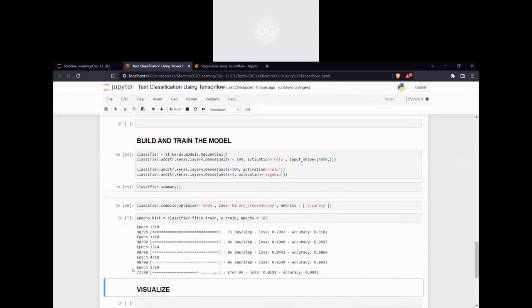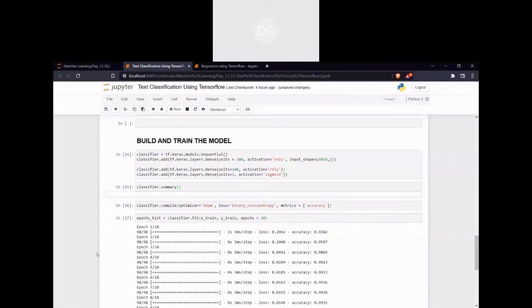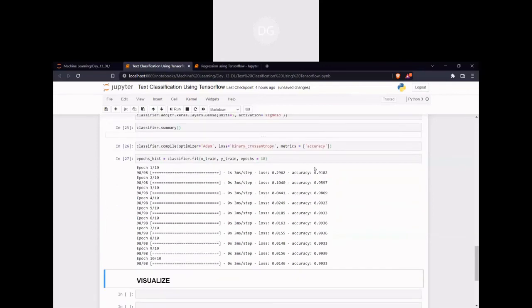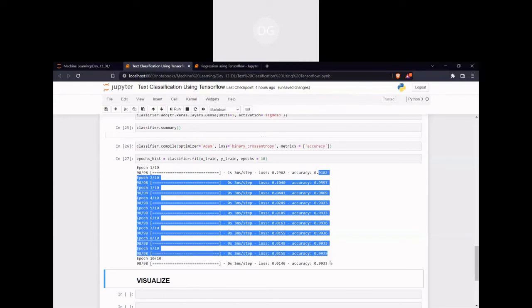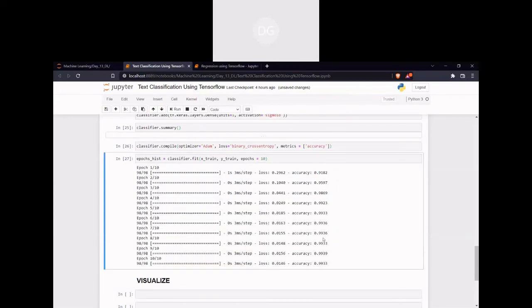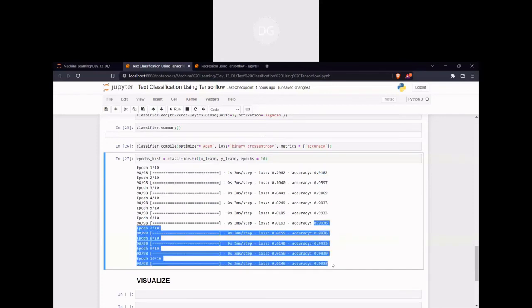Let us see. It is showing some accuracy as 99 or something. See, initially it started with 91, and it is slowly increasing to 99.33. 99.33 comes often, then 39, 36, so only a small difference is there.